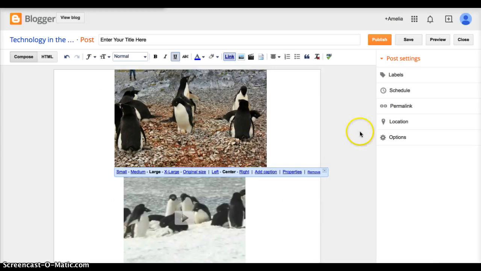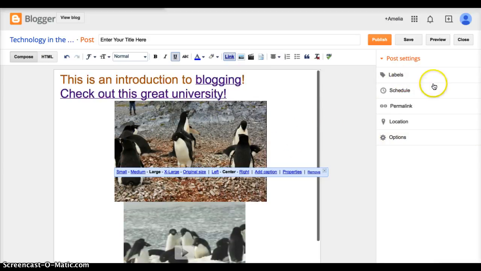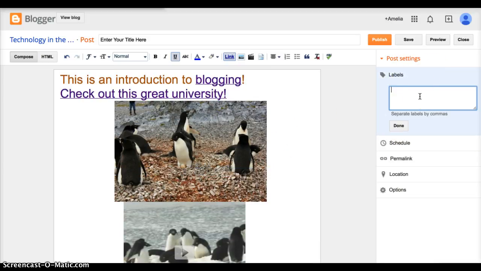So next, the most important thing in blogging, you tend to have tagging. So this is where you're going to label it. So I might label it blog. So what you're going to do is you're going to come up with kind of like tags so that people have an easier time searching for your blog on the internet. Or you can organize your blogs based on their tags. So for this one, blog,